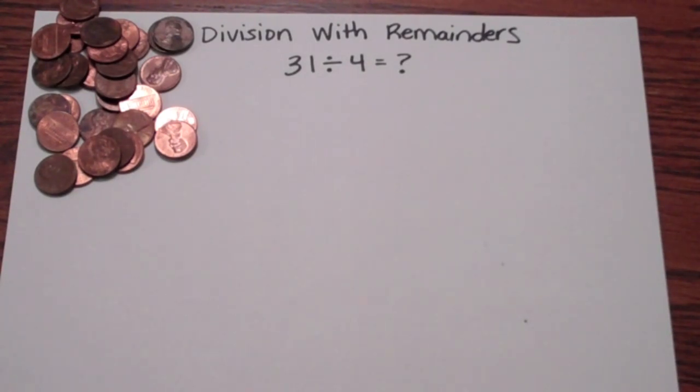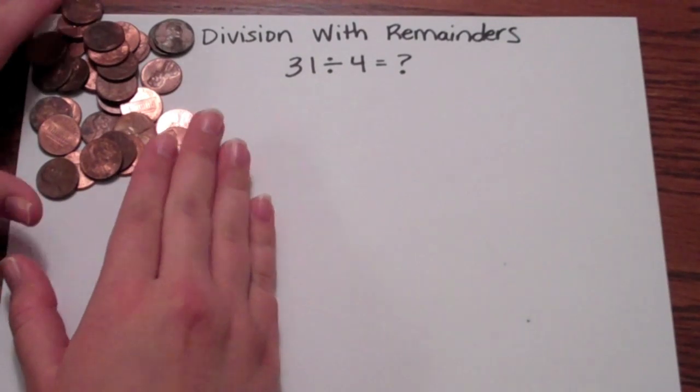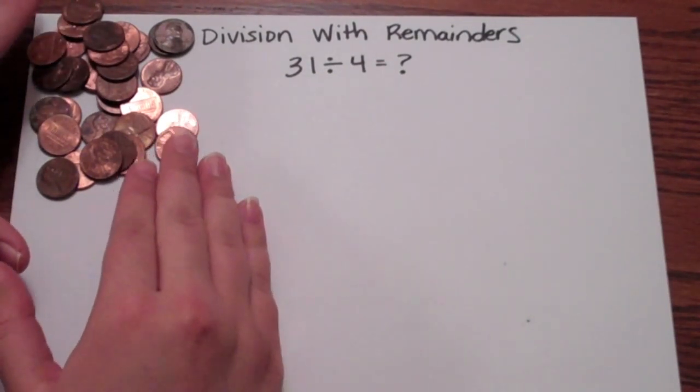The first way was using manipulatives. You can use any kind of counter you want to do this, beans, jelly beans, pennies, anything you want. The first thing you need to do is get a pile of 31 of your counters. I have 31 right here. If I divide these out into groups of 4,